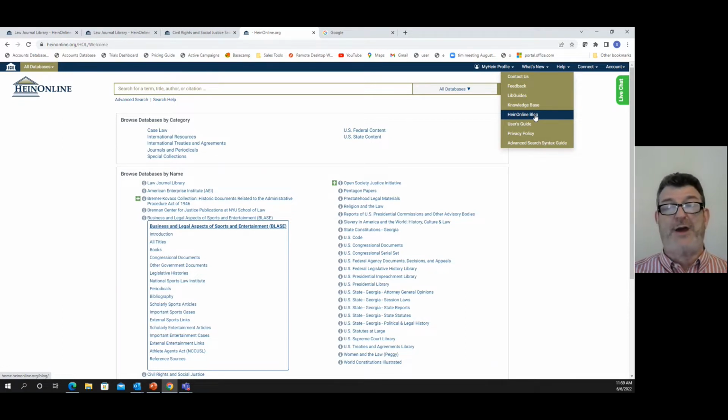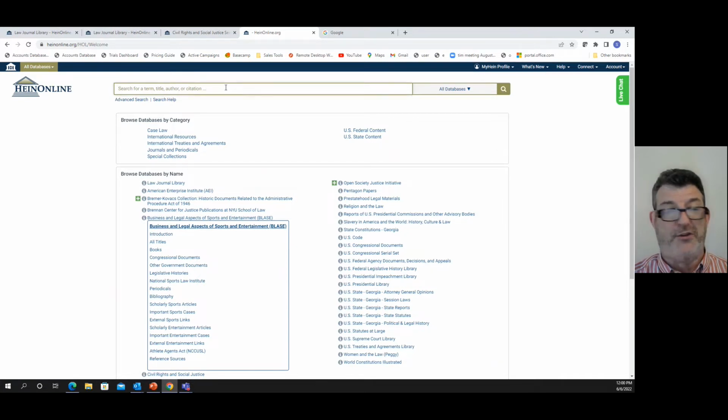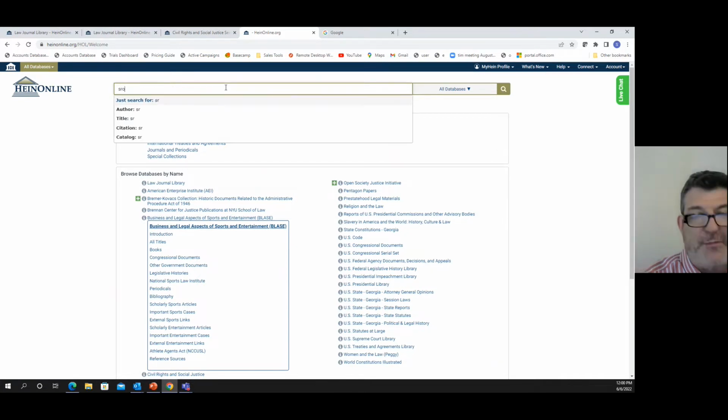We showed how to research in many different subjects on HeinOnline and how it's relevant to an undergraduate institution just like yours, as well as to many graduate institutions. User guide, welcome to get that. We have that for you. We have our privacy policy, and if you want to use Boolean, we have at your fingertips the ability to get advanced search syntax.